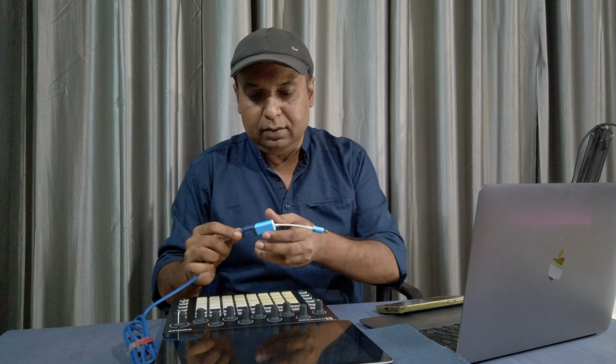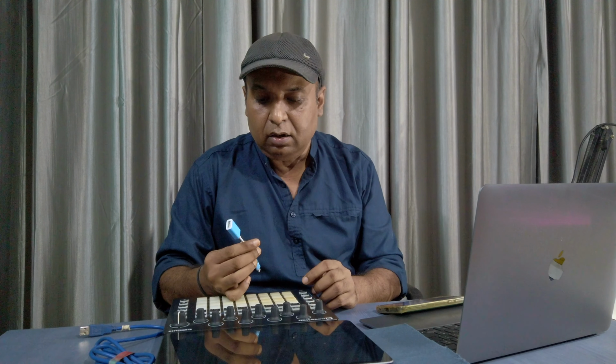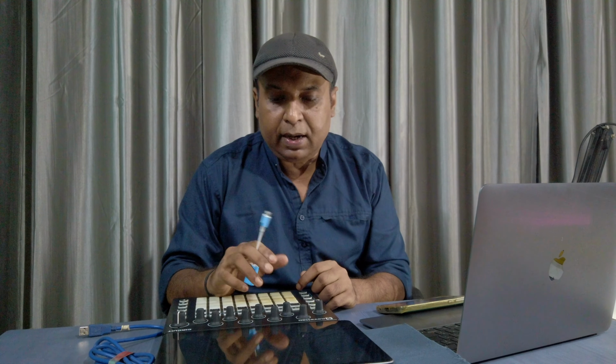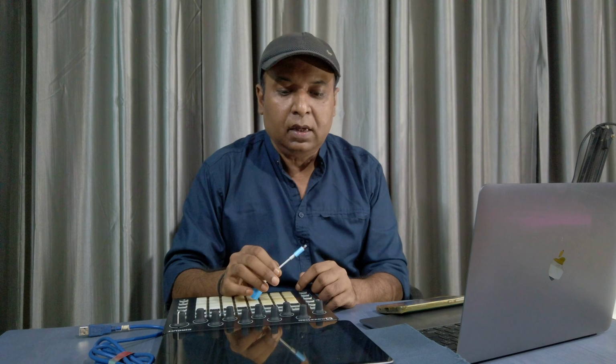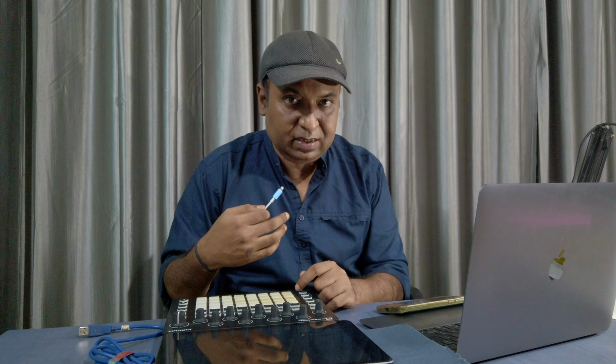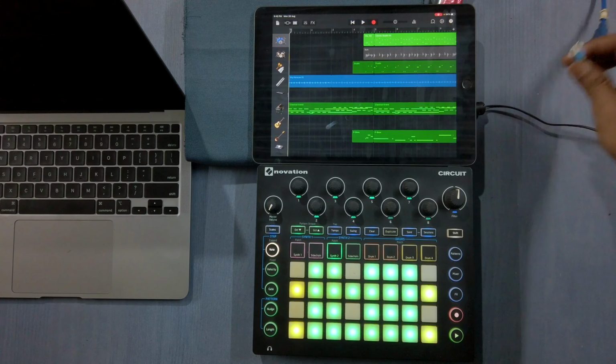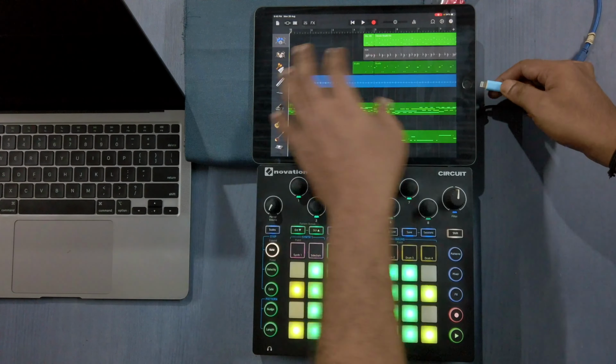So back again. You'll need one of these. This is a camera connection kit or OTG, and this will also depend on the model of iPad that you have. Mine is a Lightning one, and I also have a USB-C type that I use to connect the circuit to my MacBook. Okay, so now we plug this Lightning cable